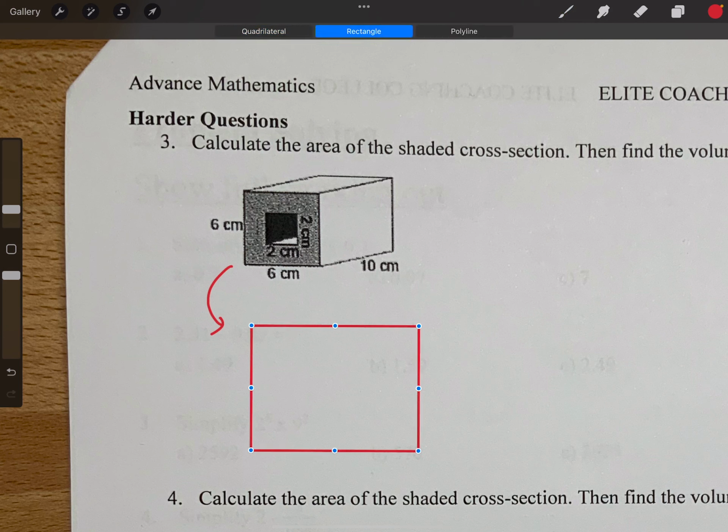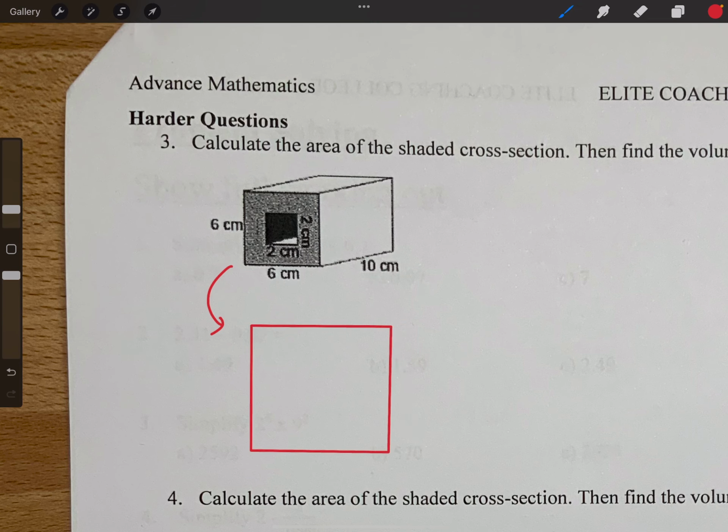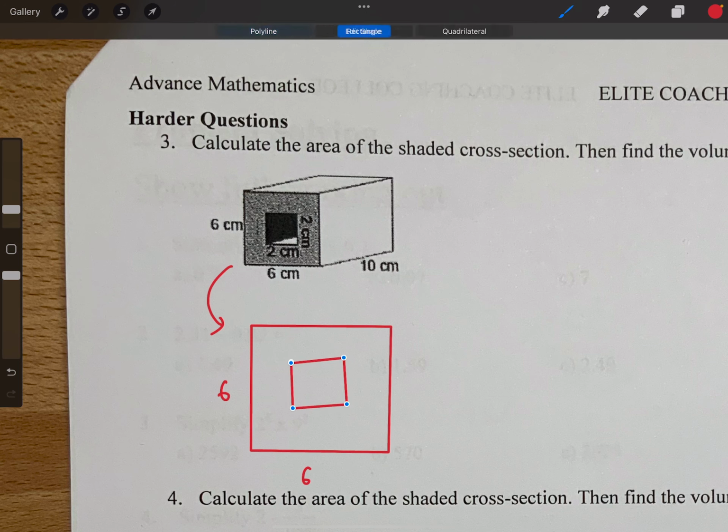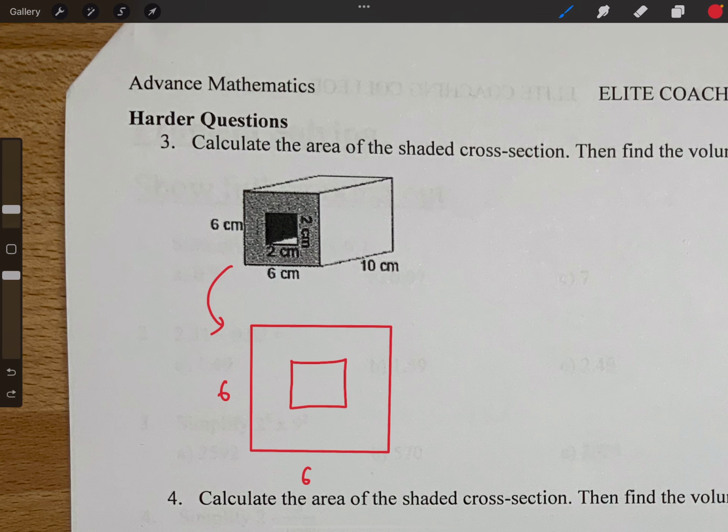Okay, so it's pretty much a square. You got 6 centimeters by 6 centimeters, and inside you have another square. Okay, it's not the best looking square, but whatever. And this is 2 by 2. So what we do is, if you want to find the shaded region,